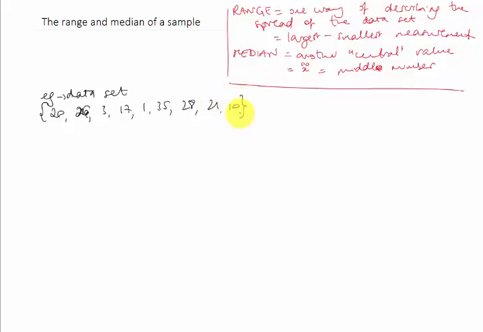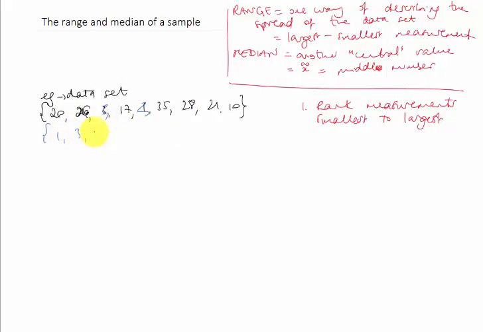So here's my data set. So the first thing we have to do is rank the measurements from the smallest to largest. So let's do that. You can do this in Excel very easily, or I'm going to do it by hand here. So 1,